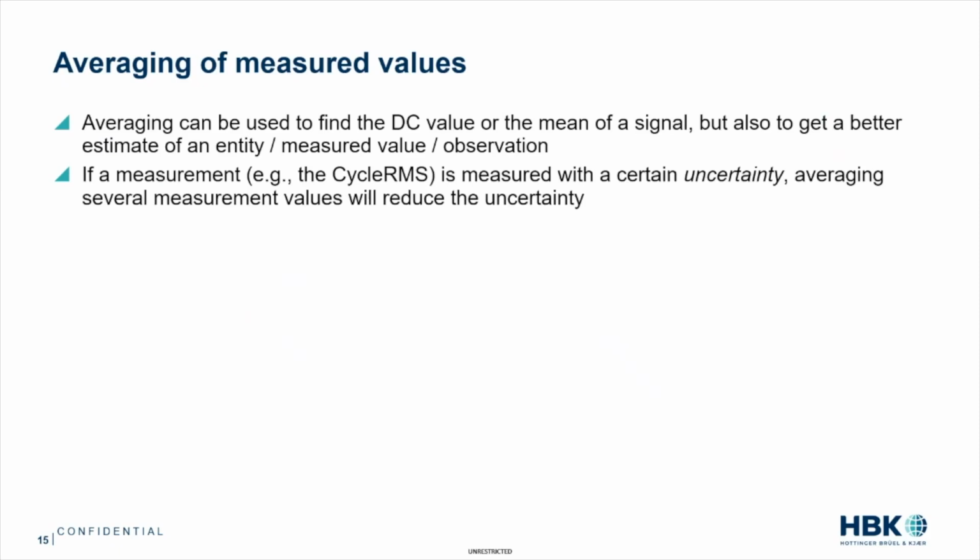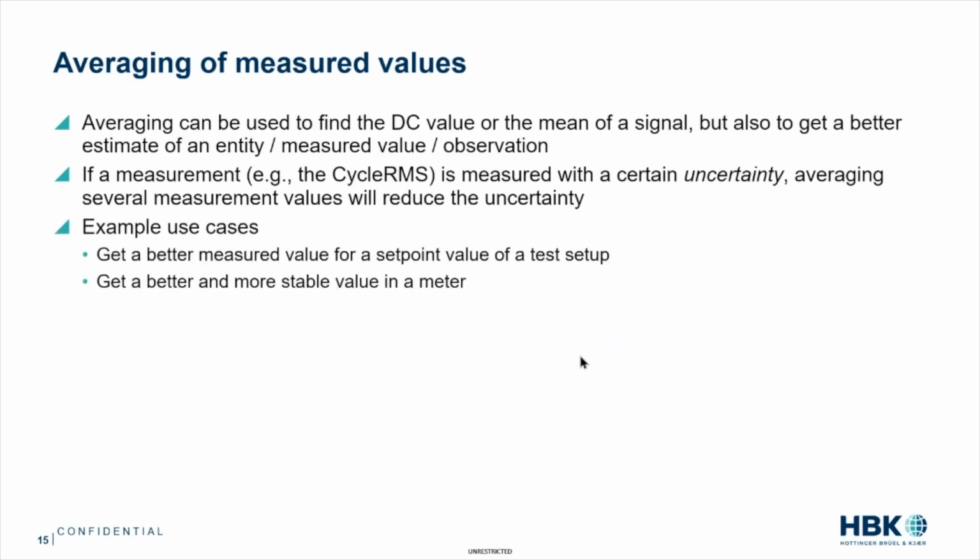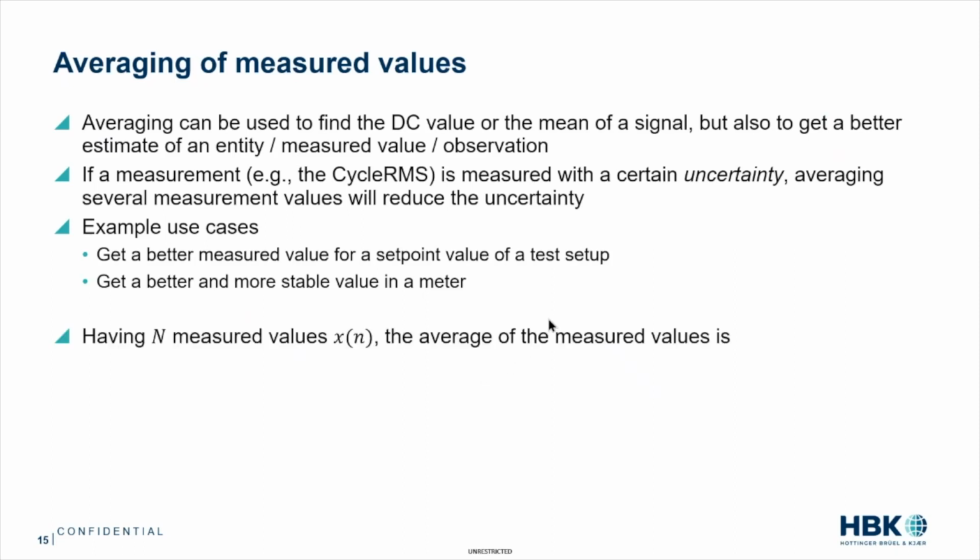For example, if a measurement, for example, the cycle RMS, is measured with a certain uncertainty, averaging several measured values will reduce the uncertainty. So cycle RMS or weight or whatever measurement you are doing. And you may want to use that to get a better measured value, for example, for a test value, for a set point value in your test setup, or to get, for example, a better or more stable value in a meter or whatever. And if you have n measurement values, x1 to xn, the average of the measured values is given like this. So the difference here, well, this is the same expression as we saw in taking the average signal value of an